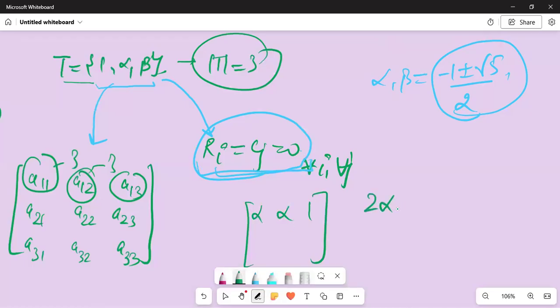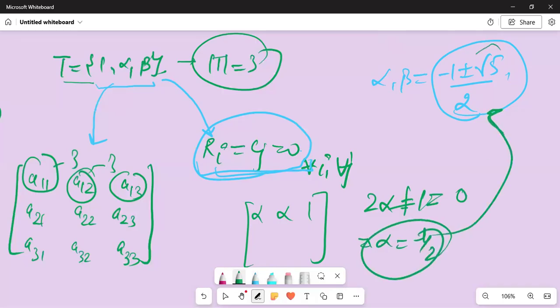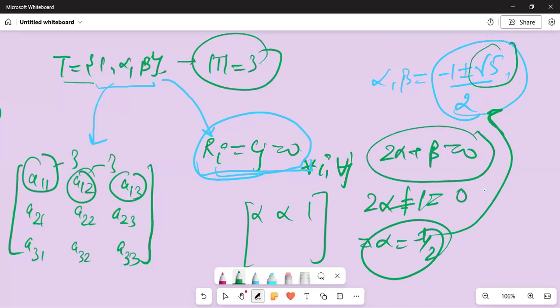So again, their sum will be, for example, alpha plus alpha plus 1 equals 0. This is going to give you alpha equals minus 2, and alpha is not minus 2. It has this root 5 term also. Similarly, if you think of keeping it like this, it is also not possible because 2 alpha plus beta is not 0. You add these terms and we won't be getting a 0. So the only possibility